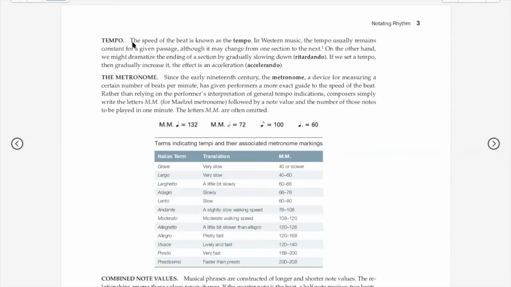Tempo, we talked about that a good bit. Tempo means rate of speed. Now your text also introduces two words I didn't get to in the PowerPoint. Retardando, which is gradually slowing down, or gradually speeding up, accelerando. This doesn't happen in popular music of any kind very often, maybe at the very end, but in classical music, we encounter it a lot.